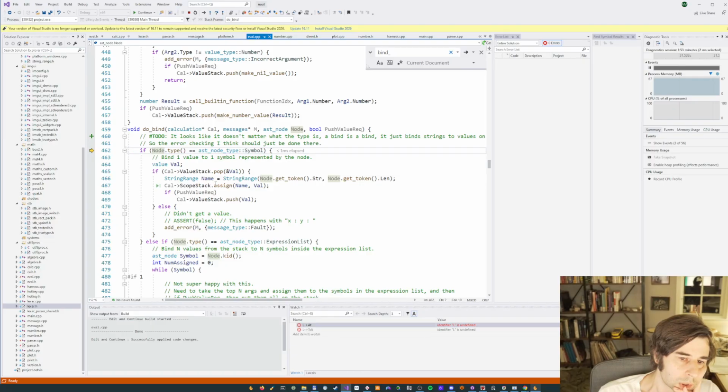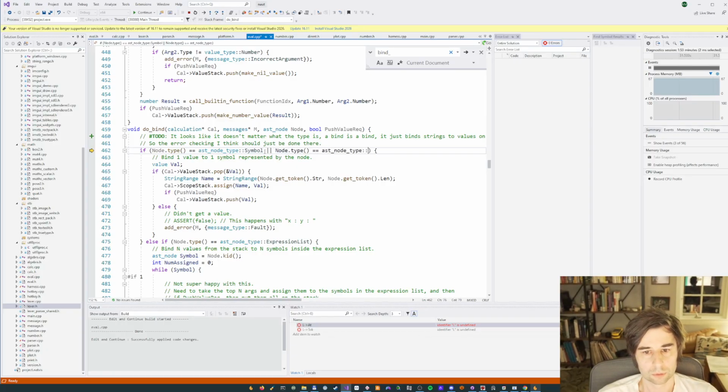Yeah. So I guess this is like or node.type. And if it's a pair, I mean, this will just work, but